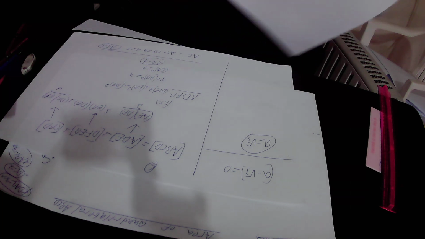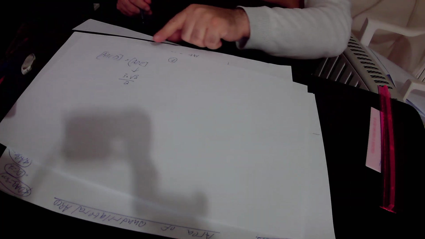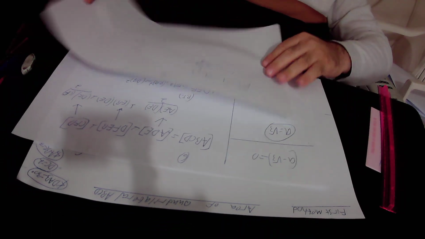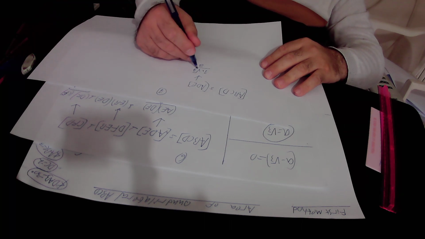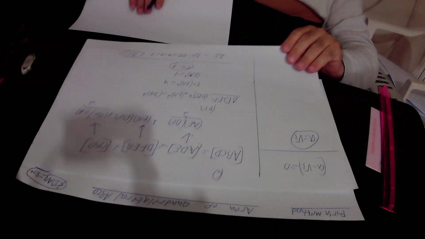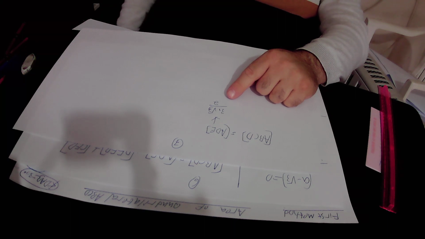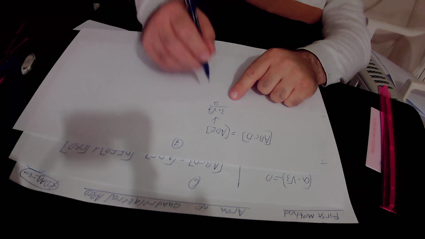So the area of the right triangle ADE equals 3 times square root of 3 over 2, plus the